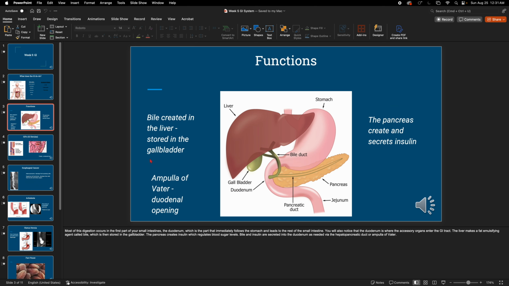And we'll look at some of that on CT in a little bit, right? And this is just a magnified view. You should have done this at some point, either in A&P 1 or 2, or even the early parts of your radiography program. All right, so the bile is created here, stored in the liver, and then secreted into your